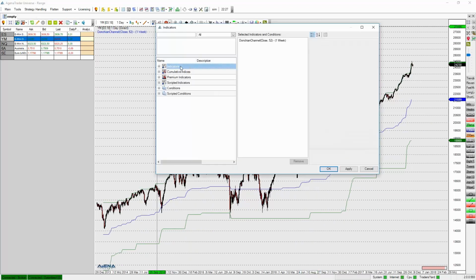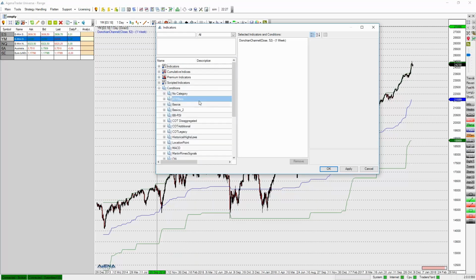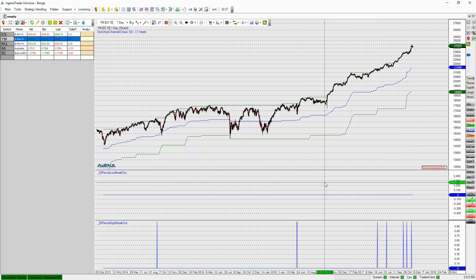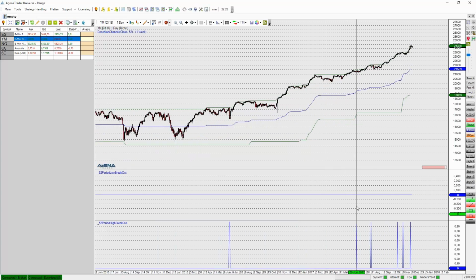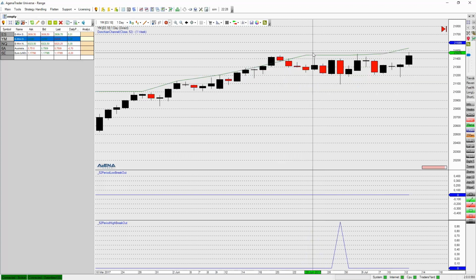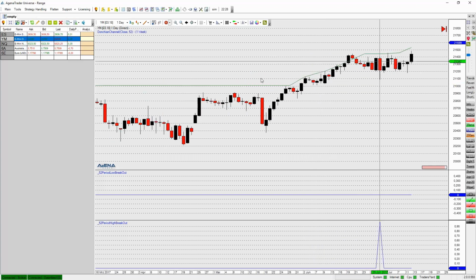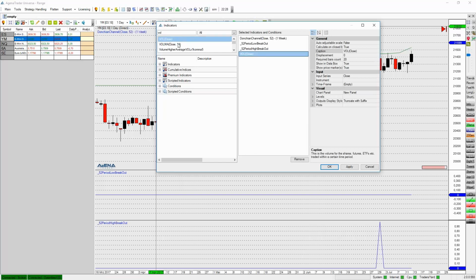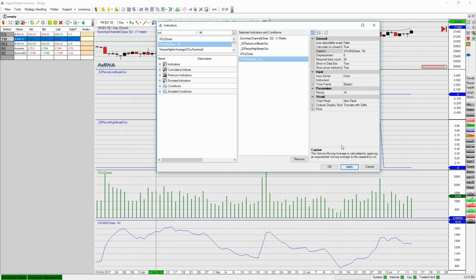And now I can start adding this breakout condition. Basics 2, breakout high and low. Double click it and it will be loaded in the center. And let's check out what we see here. Here we see there is a breakout right here, which is this little breakout at the top. And basically it's also having a high volume, so we can also add the volume indicator to find out if this is true. Let's add volume, and this Volmar allows me to now, 1, 2, I guess it's 3,